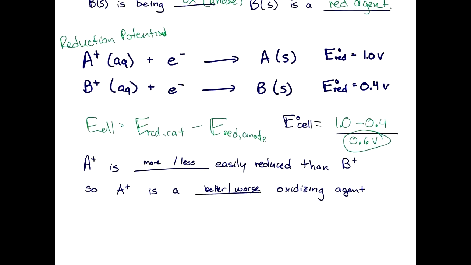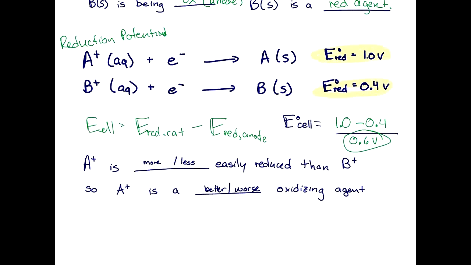So let's see if we can't interpret these reduction potentials. Tell me, let's compare the reduction potentials of the A and B compounds. Based upon these numbers, we want positive voltages. Positive voltages mean spontaneous, and we'll learn about why that is in a moment. Based upon these reduction potential values that I have given here,